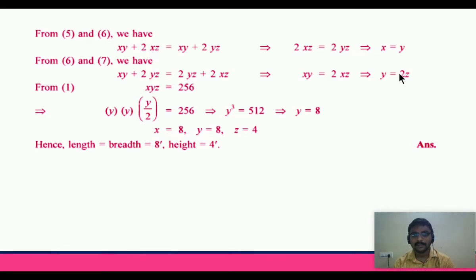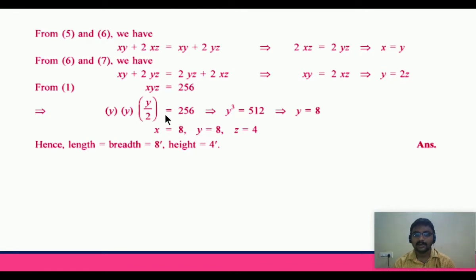But we have to compute the stationary point, which is obtained by using the constraint equation. So what is the constraint? xyz is 256 is the constraint equation. So here we have to replace x with y. In place of x we have to replace y. y is as it is y, but what is z? z value is y by 2.